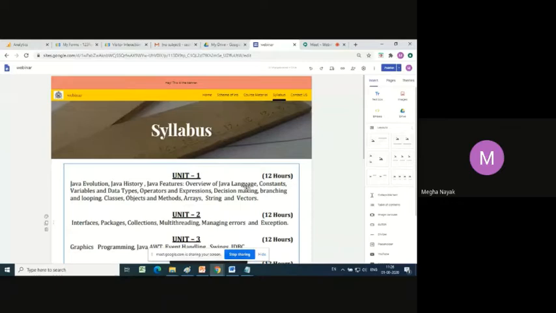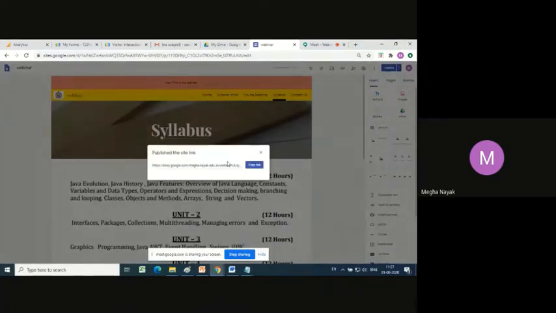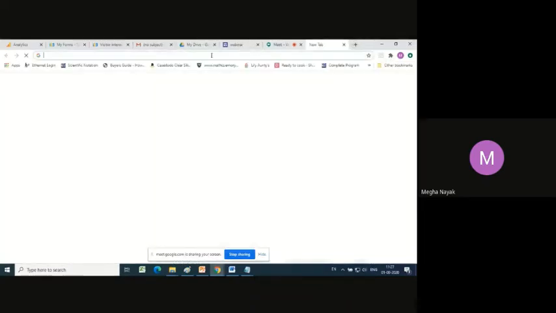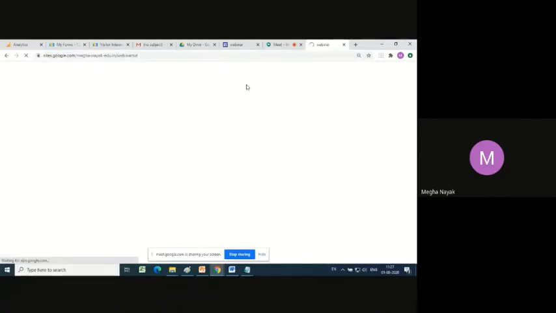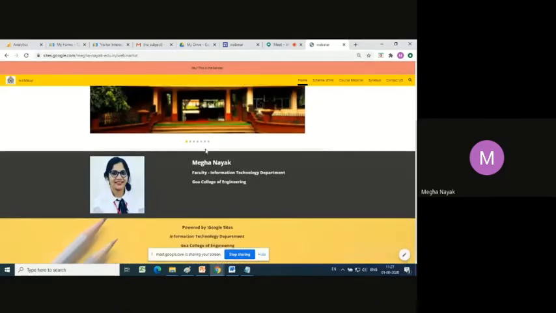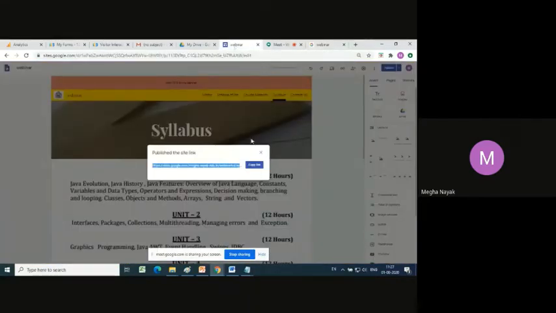Now, if you cannot recollect what was the site name or the link you had given, if you see, this particular option is activated. So you click on that, you get your site link. Now you just click on this site link and you try to open it. Don't say syllabus, you can just type till name. You try to open it, you should see your site. So this is with creating a site and hosting it.